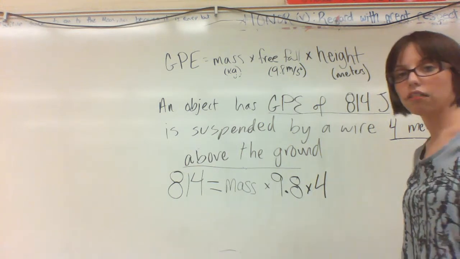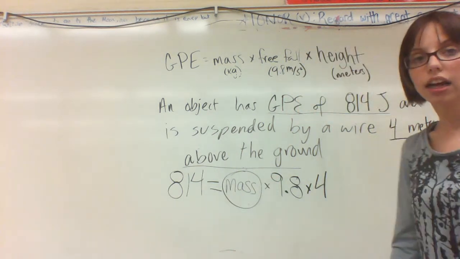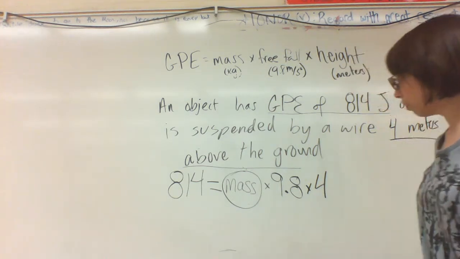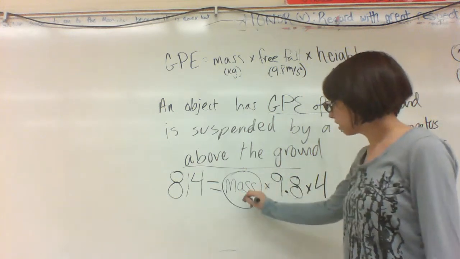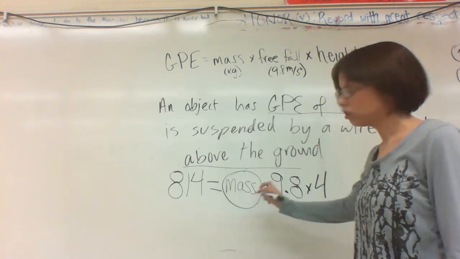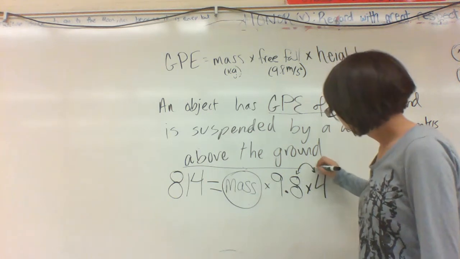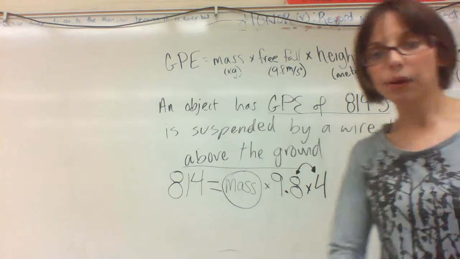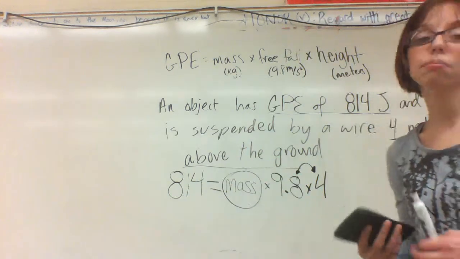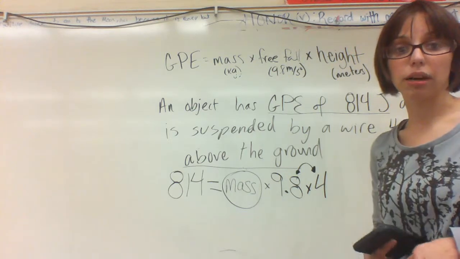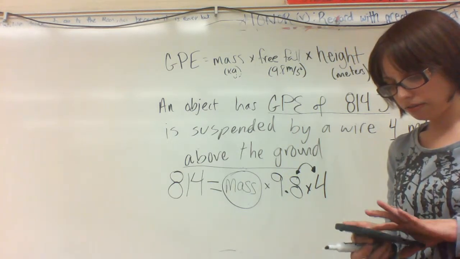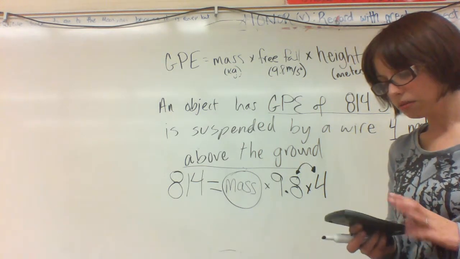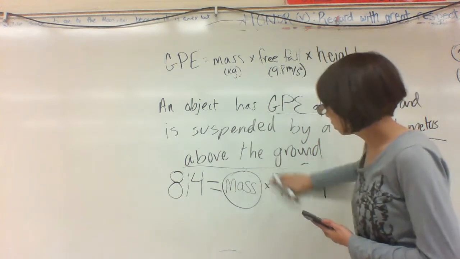So now I have to solve for this. I know what I'm looking for is not energy, it's not acceleration, it's not height, it's mass. So what do I do? I have to get this mass by itself on one side of the equation. So what I would do first, multiplication is a super nifty little operation in that it doesn't matter which order the numbers go in, you can combine them, it's the same either way. So I would multiply first off, multiply 9.8 meters per second squared times 4. That equals